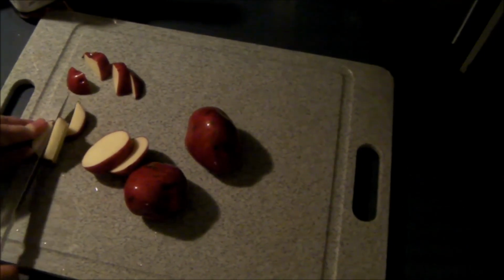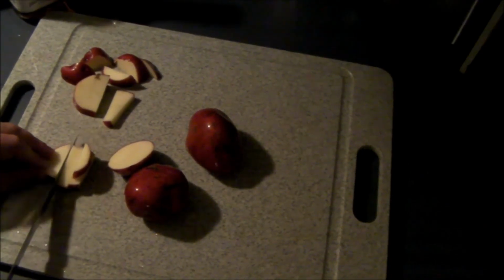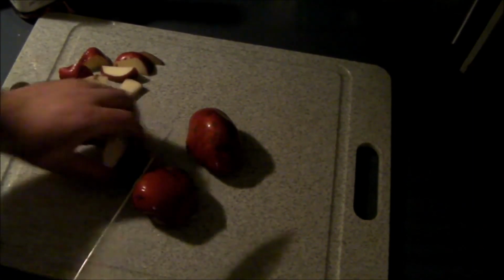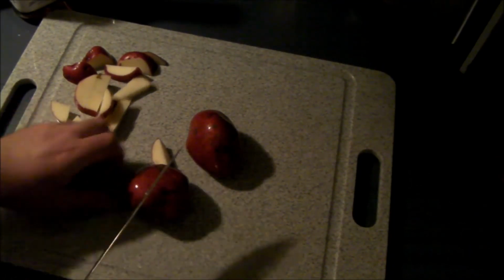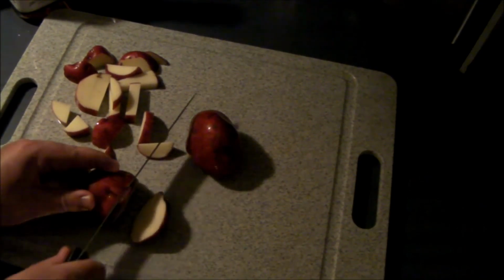If you want it to be a little thicker, and if you're cooking it for 2-3 hours like I am, and you want to add a little thickness to your stew, actually cut up a sweet potato, cook it for 3 hours. That will thicken it because the sweet potato will actually dissolve. And what we'll do is we'll get this